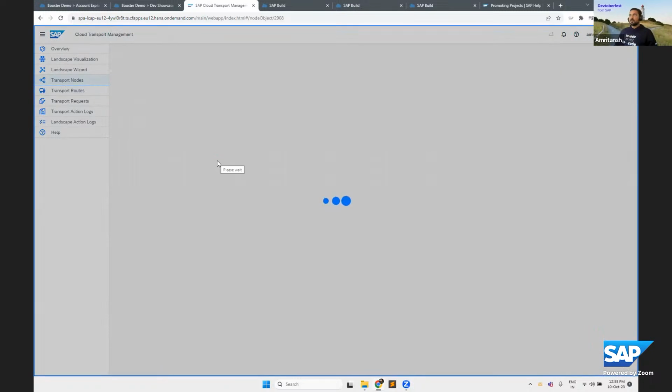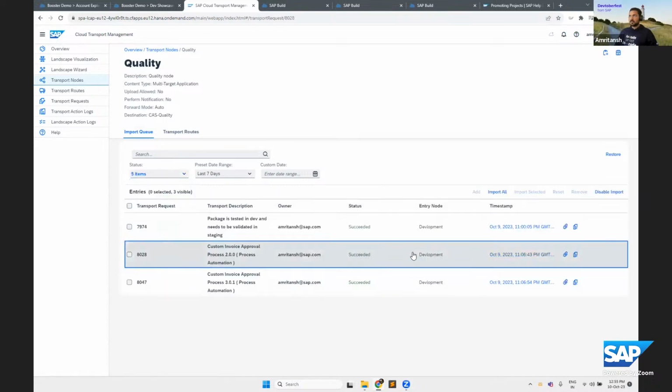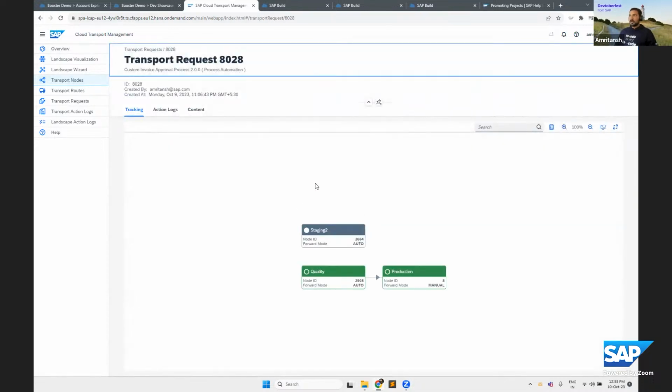Yes, so this is one of the content which I just promoted yesterday, and the content basically comes and sits in the queue of the CTMS, which is the Cloud Transport Management System.